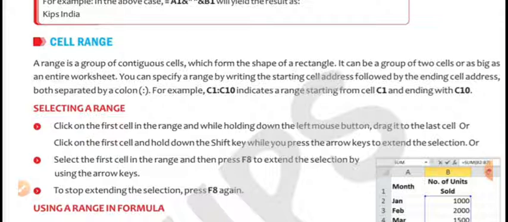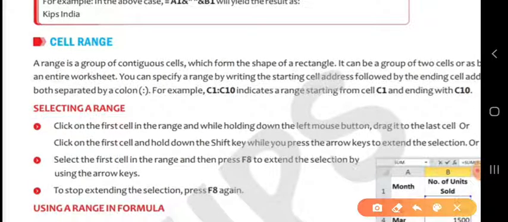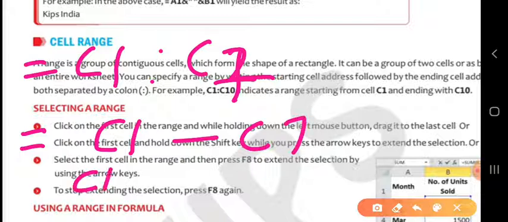If you remember, in the first video lecture I taught you about this when I was explaining formulas. When you write C1 colon C7, that means it provides you the range from C1 to C7, meaning C1, C2, C3, all will come in this range. So always keep in mind.